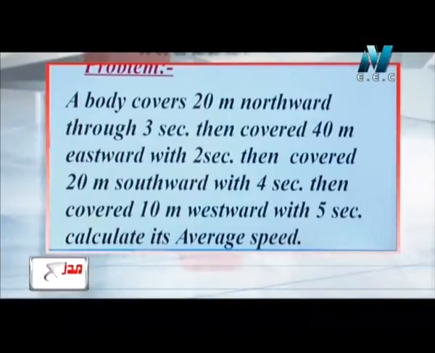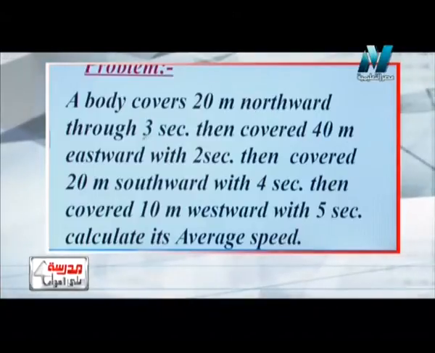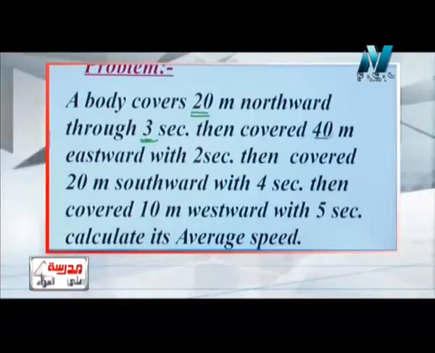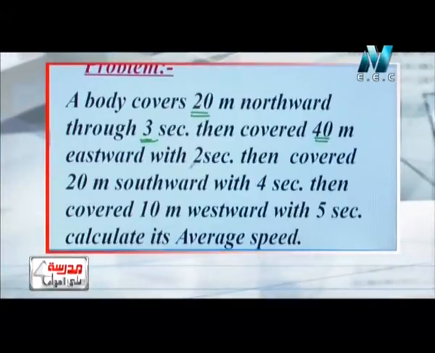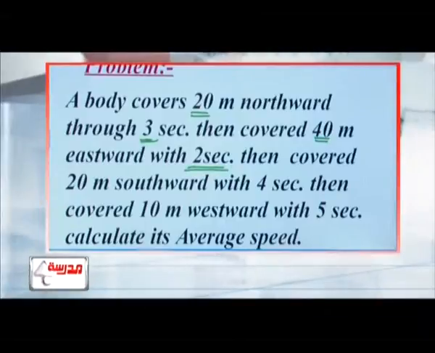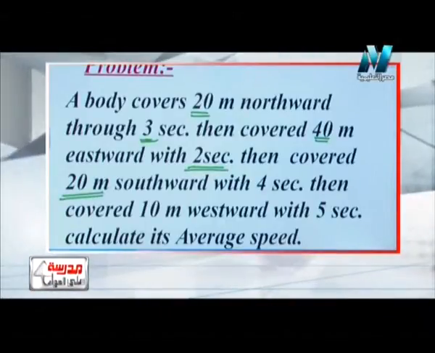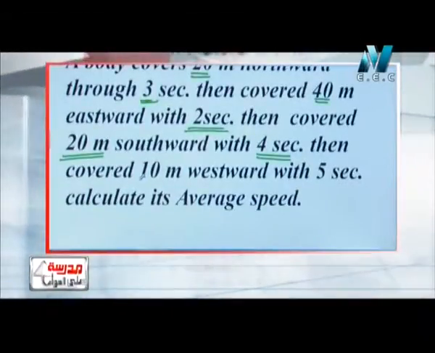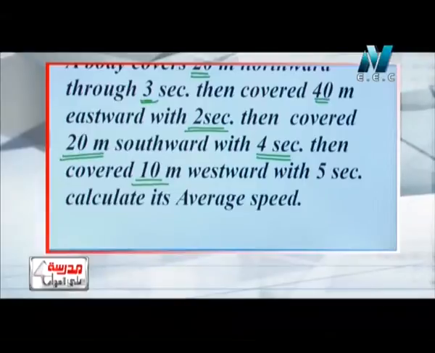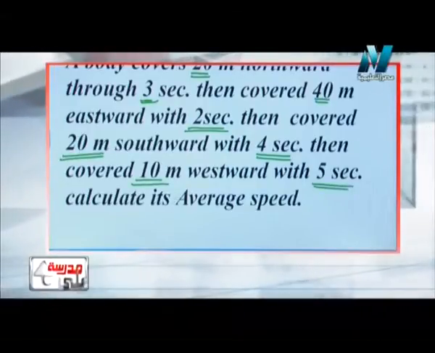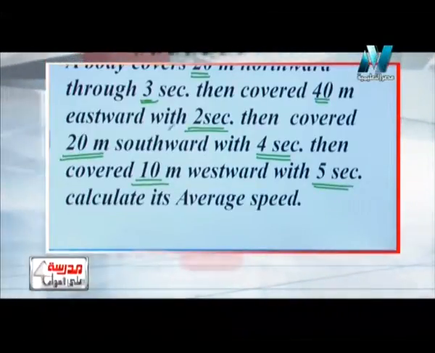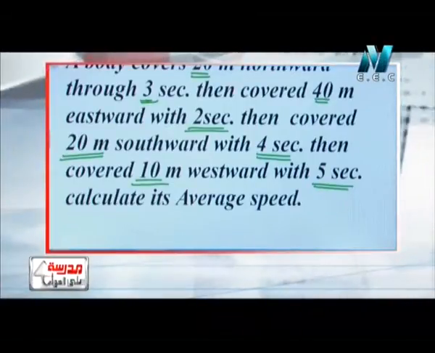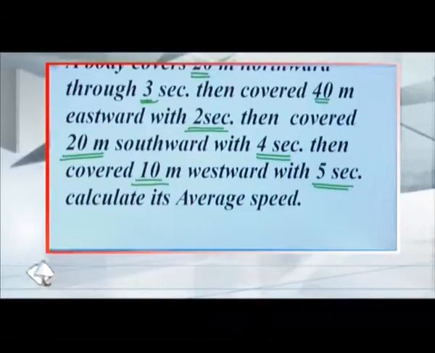A body covers 20 meters northward in 3 seconds, meaning it went up. Then it covered 40 meters eastward in 2 seconds. Then it covered 20 meters southward in 4 seconds. Then it covered 10 meters westward in 5 seconds. Calculate its average speed. In this case, I should draw a draft